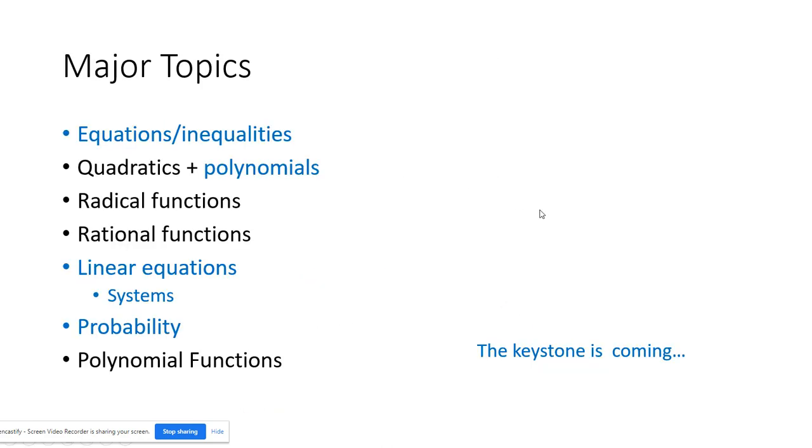So this year, the major topics that we have are listed here kind of on the left of the screen. And the things that are listed in blue, I put because they're all topics that'll be on the Keystone. As of me recording this video, the Keystone is still intending to happen this year, and I believe that we probably will be taking it. So as such, it's really important that we continue to prepare for that Keystone. And your students are in great shape for that.